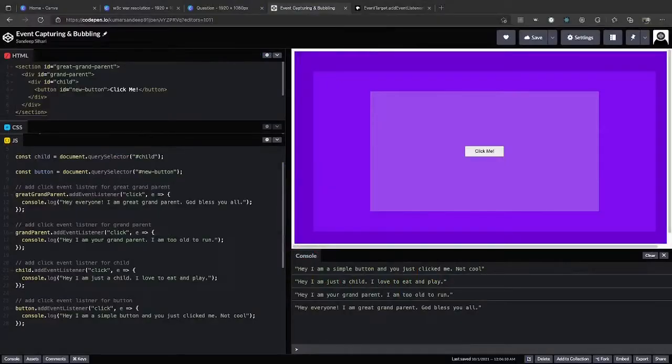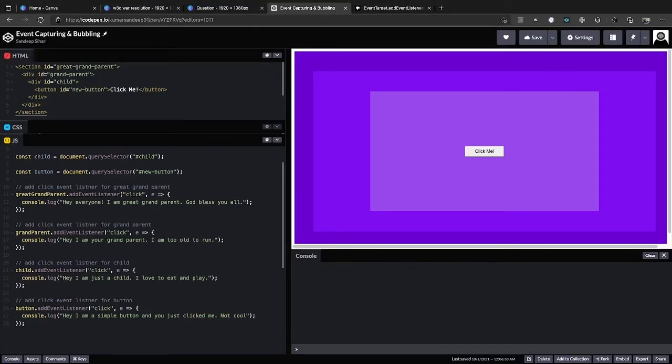So let me give you the demo of how you can use bubbling and capturing. As you can see, this is the example which we showed earlier: what happens when we click on this button, and what would be the order of the messages being printed on the console? The order was from bottom to top. Why was it bottom to top by default?